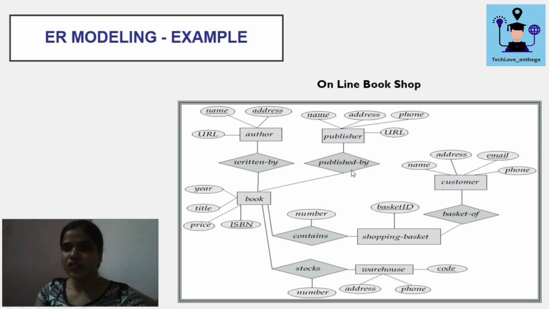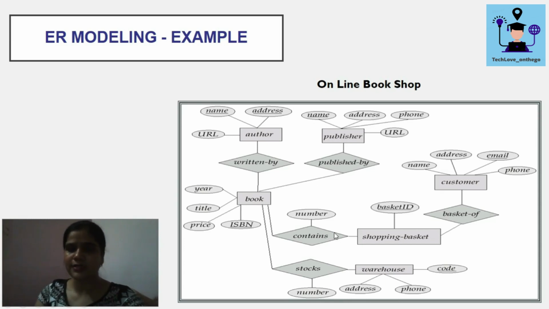That book is published by some publisher, and that publisher is the entity set, and that publisher will have a key attribute which is the name of the publisher, and other attributes like address, phone number, and URL address of that publisher.